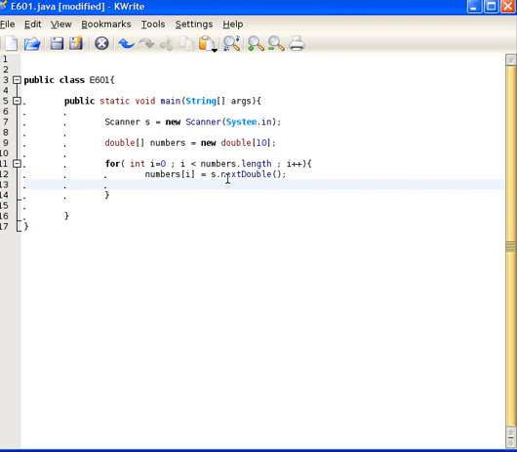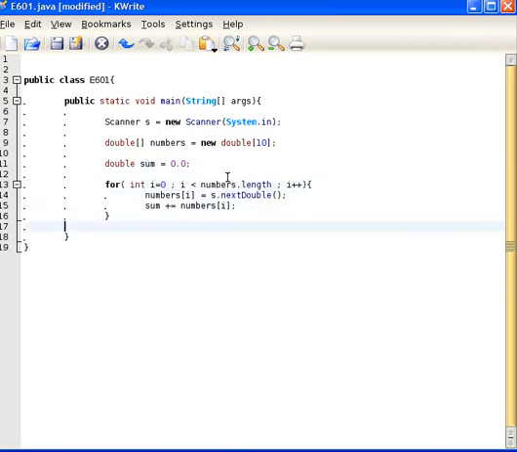I could stop here. Since this is a relatively simple exercise, I'm going now to add something here which is going to take care of computing the sum of those numbers. Remember that we want to be able to compute the average. So if we need the average, we need also the sum. So I'm going to declare variable sum, initialize it to 0,